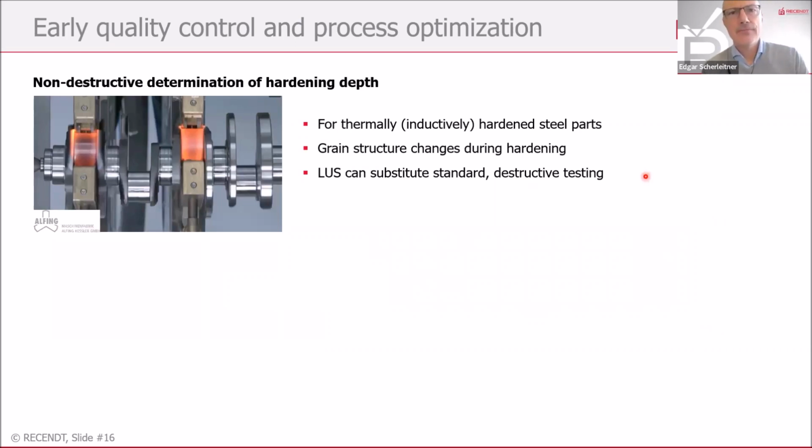A part of what I showed you before was a contribution to the metal production, or in the course of metal production mainly, but also in the processing. Laser ultrasound is very valuable. For example, with laser ultrasound, it's possible to observe or to measure the hardness penetration depth of steel parts